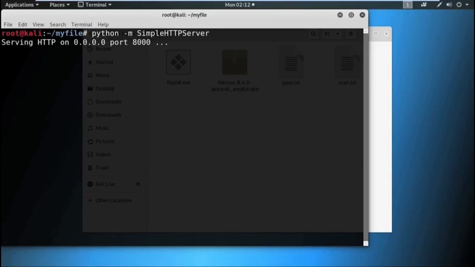So, I am opening a simple HTTP server on port 8000.